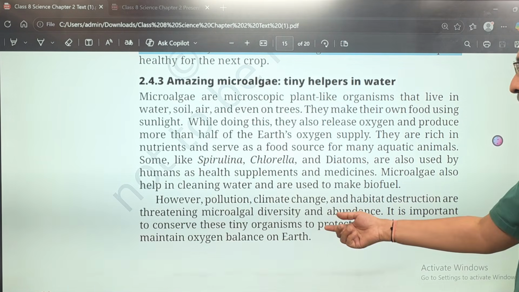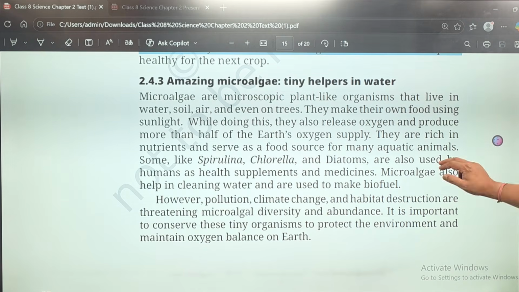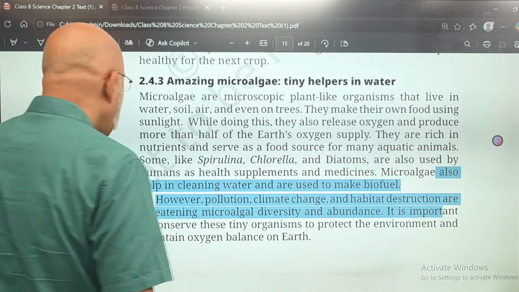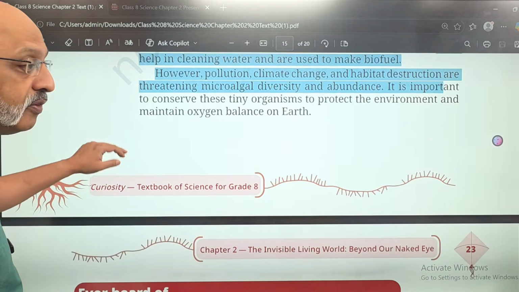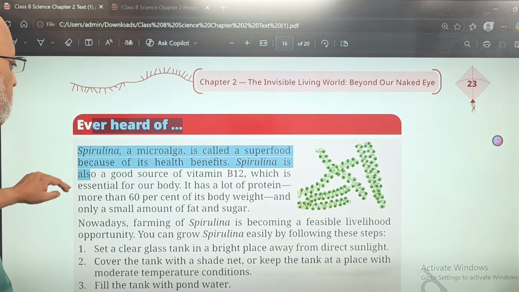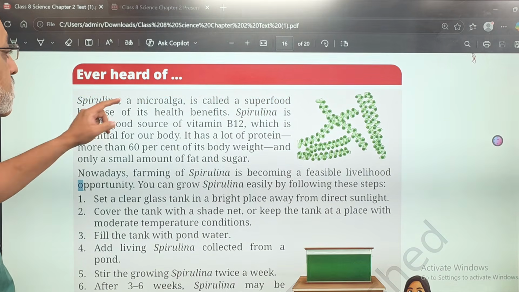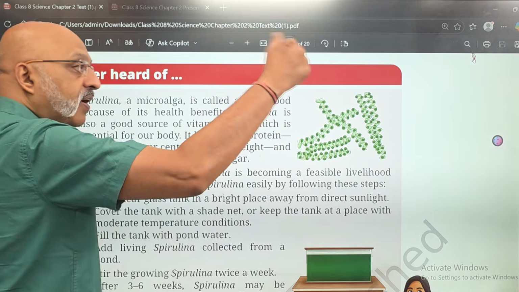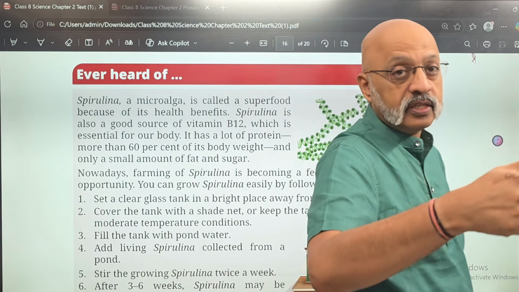It's important to conserve these tiny organisms. Now, for what? One, the oxygen balance, and also because they are food for all the different marine life. Okay, spirulina, which is a microalgae, is known as a superfood. So you can get a question as to which is the superfood among these four, right, in